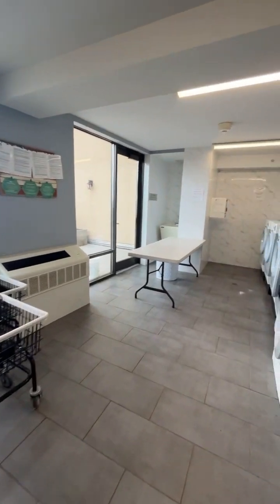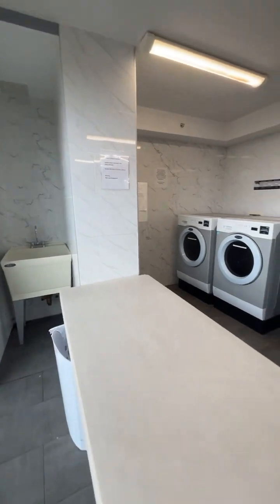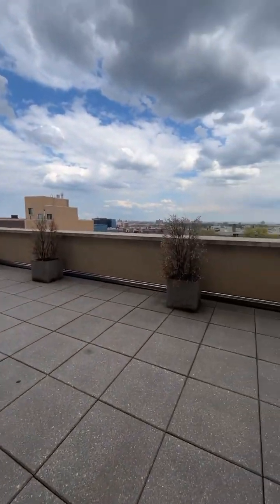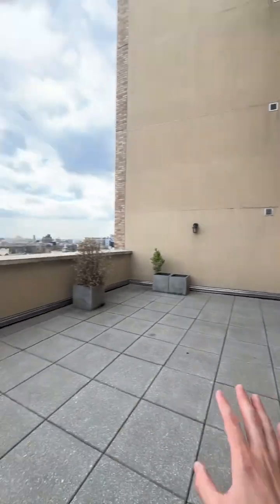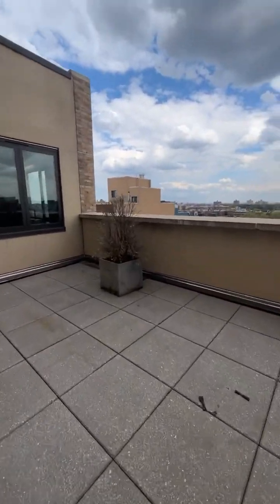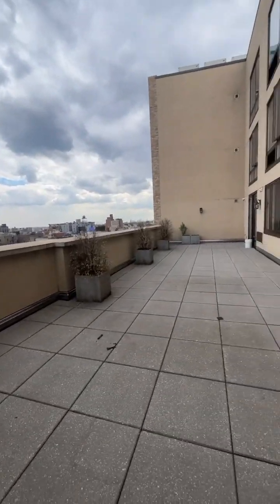One of my favorite things for a new development to do is to not put the laundry in the basement because it's really nice. And you don't want to feel like you're stuck in a basement while you're doing laundry. This laundry room's got a rooftop right next to it, and they're getting all new furniture here. So you can hang out while you're doing your laundry, or better yet,